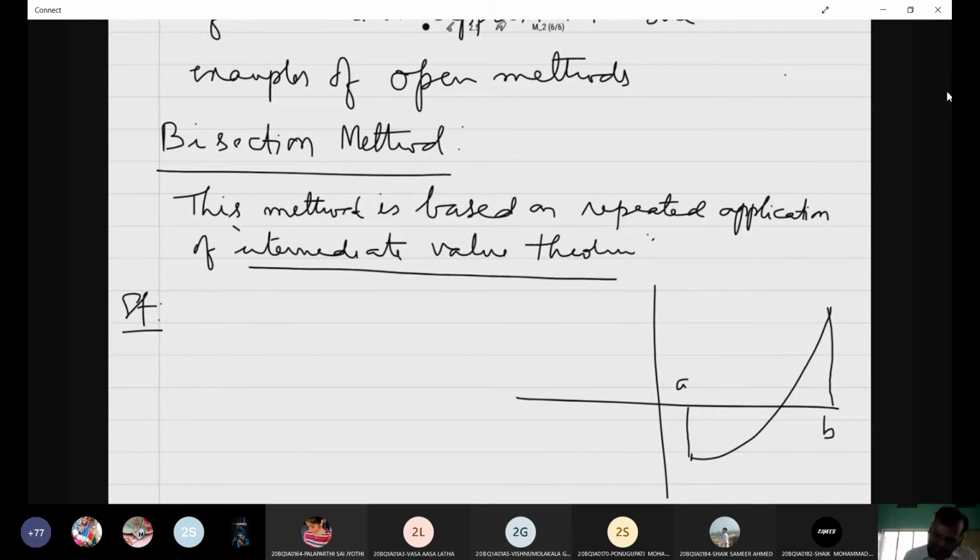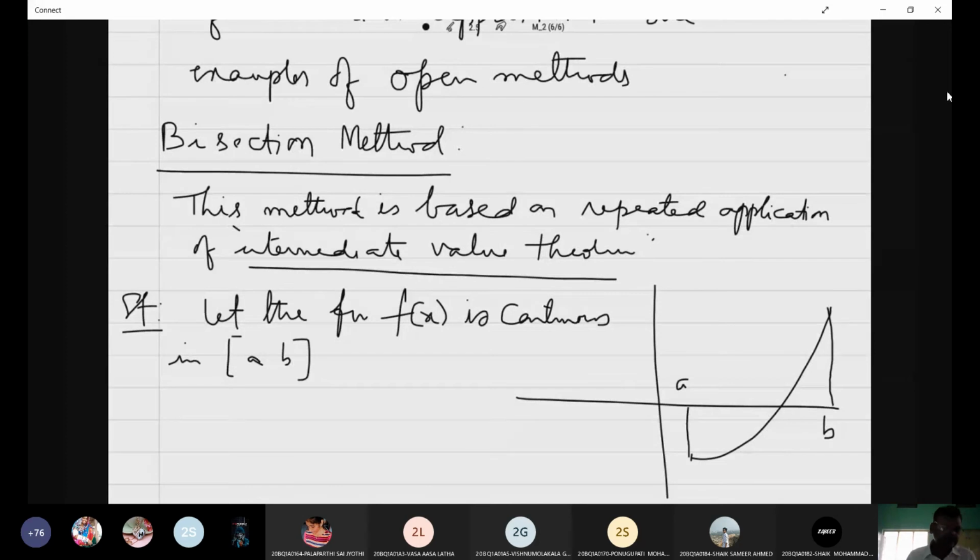Let the function f of x be continuous in the closed interval [a, b] or open interval (a, b), sometimes depending on the nature of the problem. If f of a and f of b are of opposite signs,